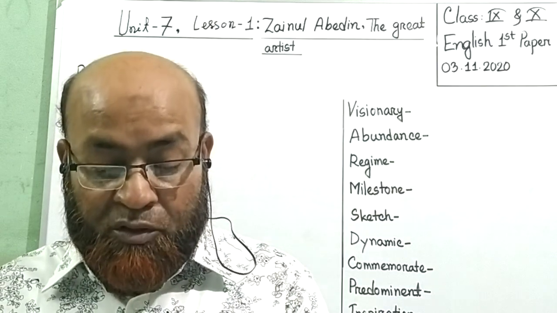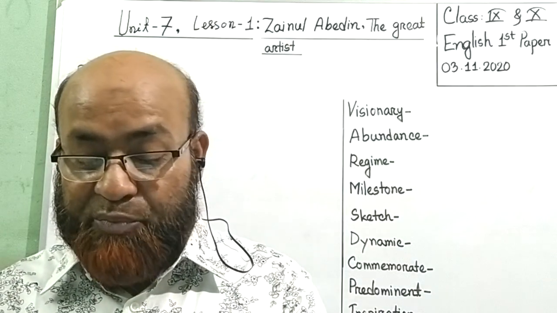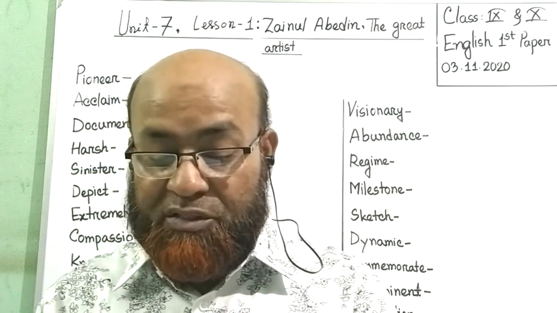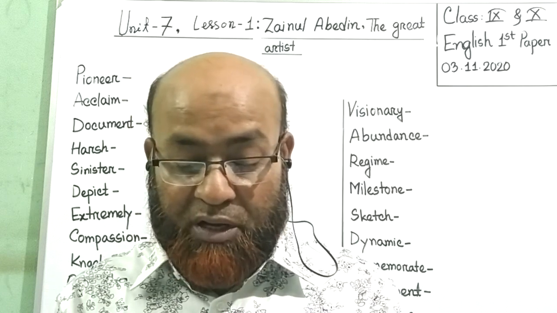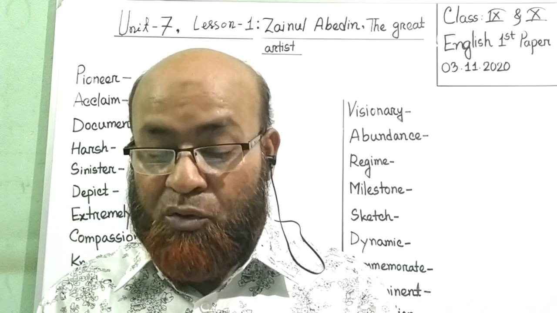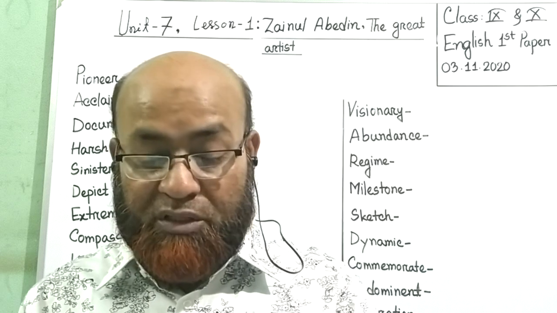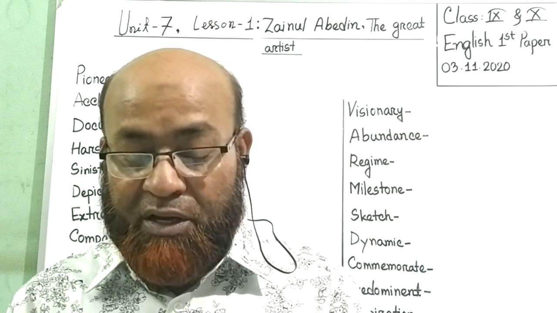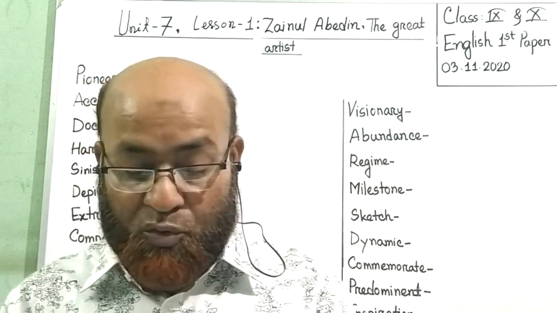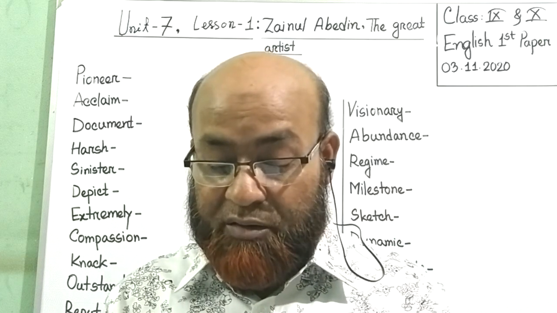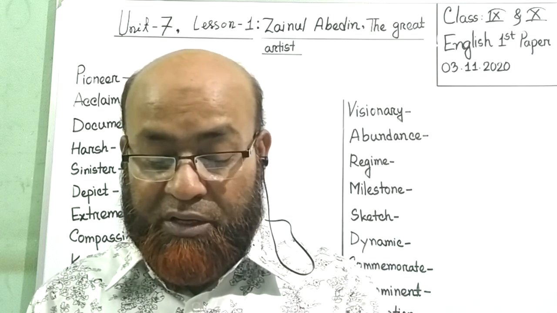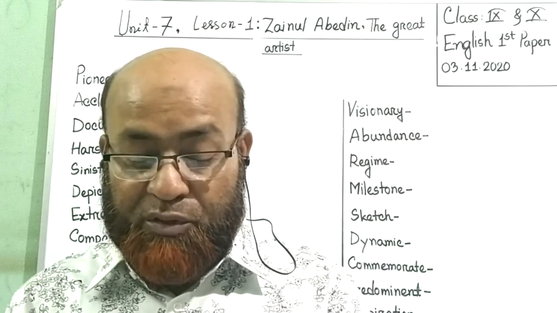Next para. Zainul developed a knack for drawing and painting when he was a high school student. After completing his school, he took admission in the Government School of Art, Calcutta, now Kolkata. He graduated with the first position in first class in 1938. He was appointed a teacher of the art school while he was still a student there. He also attended the Slade School of Arts, London, during 1951 to 52.